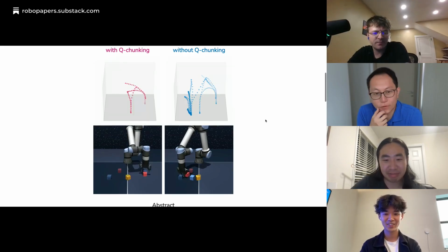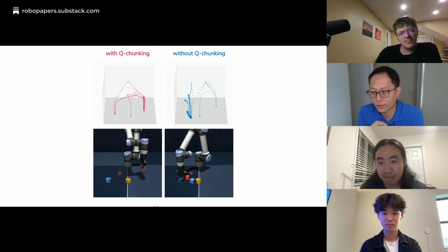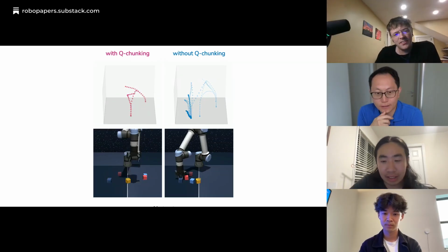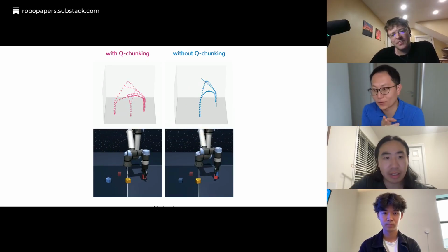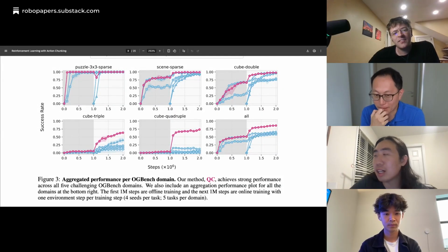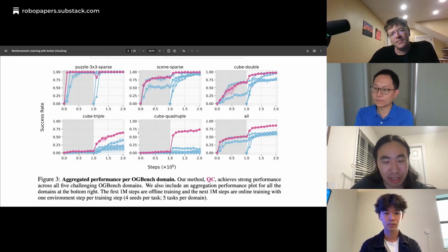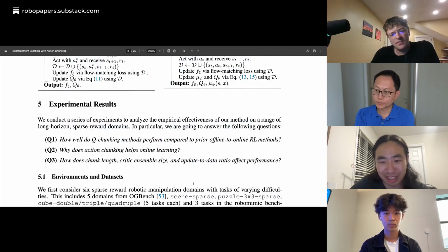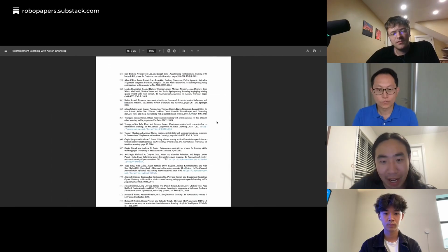I have a question. It seems to me that the success rate, especially for these more difficult tasks, plateaus. Would you say they do plateau? I can't really tell, because the triple one seems like if you do more steps it might still go up, but the other one plateaus quite quickly. What's your sense? That's a good question. The reason they plateau, at least for quadruple, is that one of the tasks is really, really difficult, and this plot is an aggregation of 5 tasks.